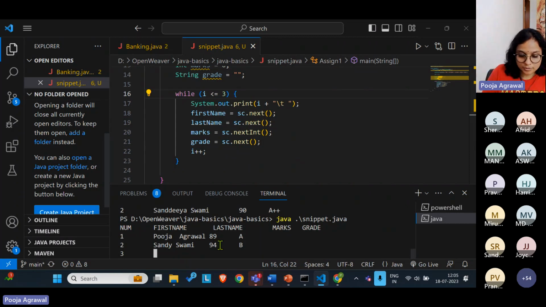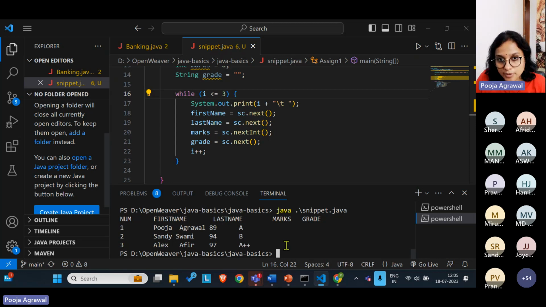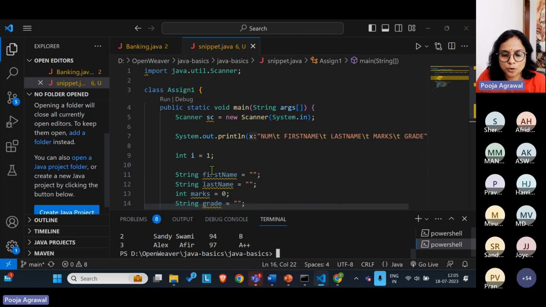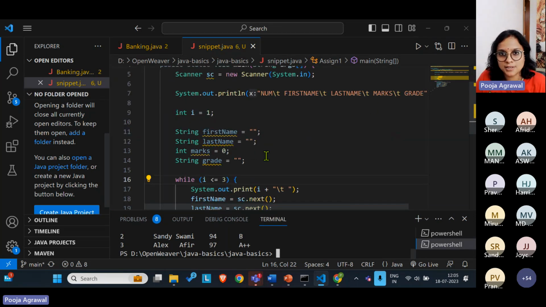Okay, so we could just say Alex and 97, maybe A plus plus, and enter. After the three entries, it is able to exit the code. So it's a simple snippet that we just picked up from Candy to get entries for students with first name, last name, marks, and grade. You could edit a couple of these, add more entries,